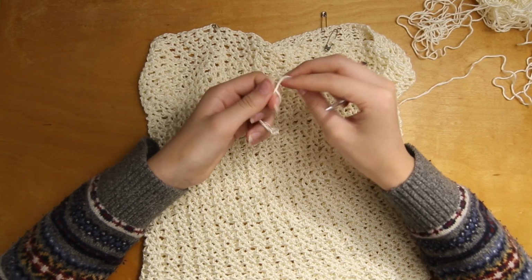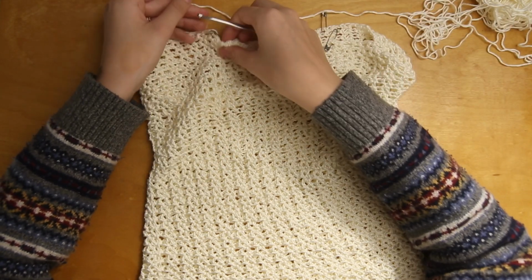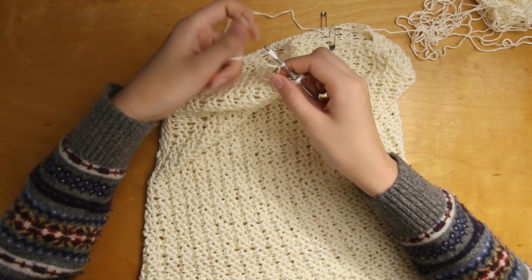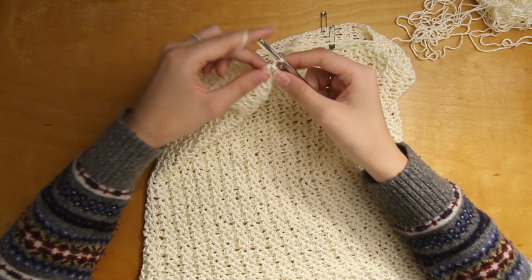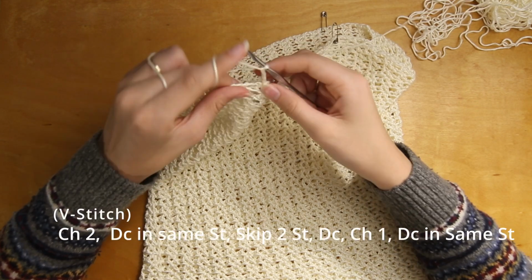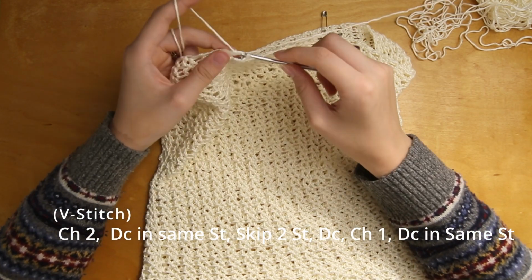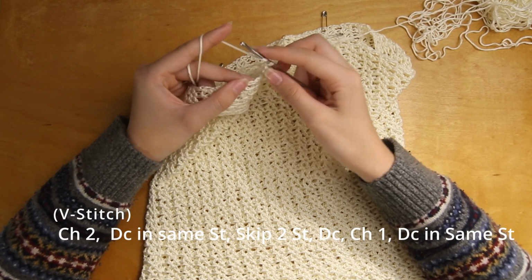So you're going to make a slip knot, and you're going to join your crochet hook at this marked stitch here. Put your hook through the slip knot, take it through the stitch, and make a chain to join it. Now you're going to chain 2, 1, 2, and this is the same exact pattern as before. Wrap your yarn, double crochet into the same stitch, skip 2 stitches and go into the 3rd with a double crochet,